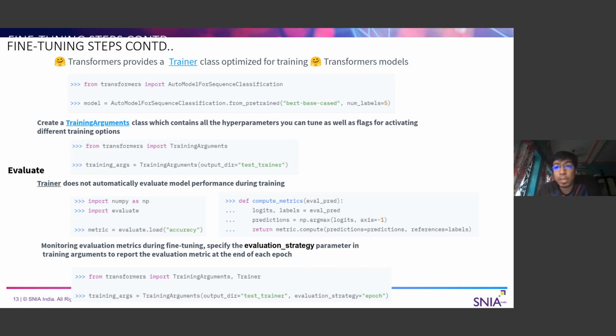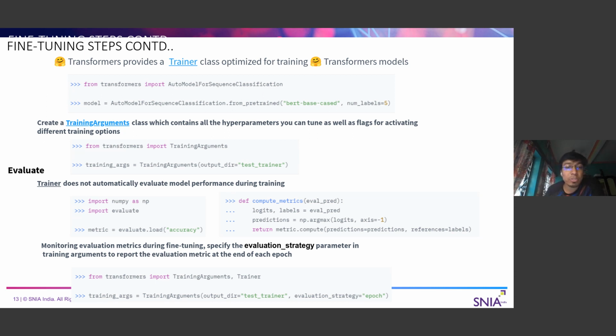Now we need the evaluation metrics. For any training, we need evaluation metrics just to track how the training is going on, whether it is overfitting or underfitting, all these things. So we need evaluation metrics. The trainer does not automatically have any evaluation capabilities. We need to pass evaluation parameters. It can be accuracy, or we can pass a custom evaluation function or method here.